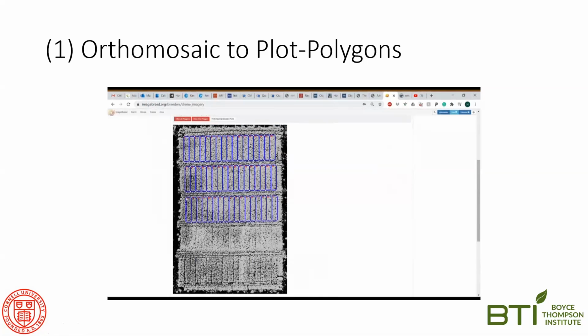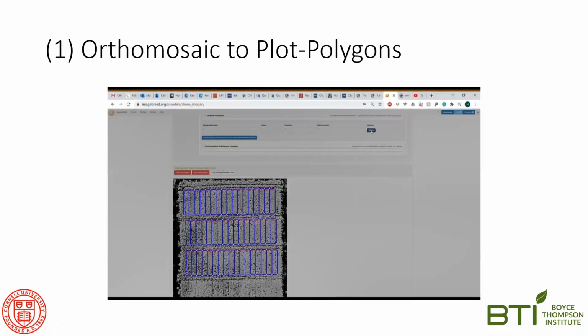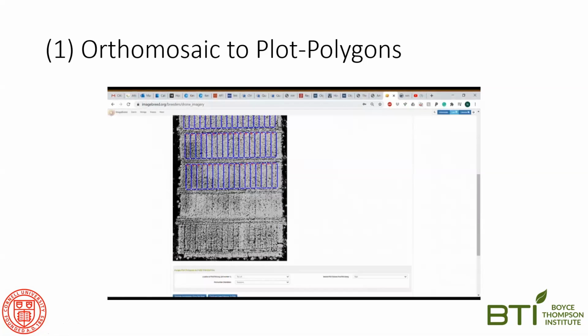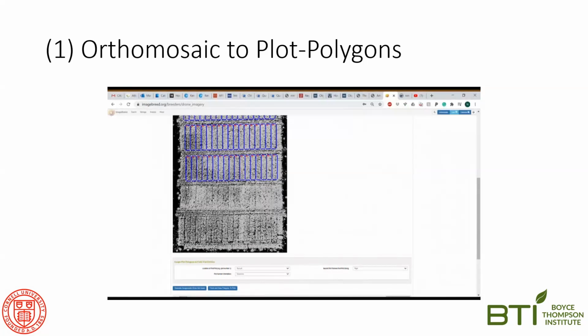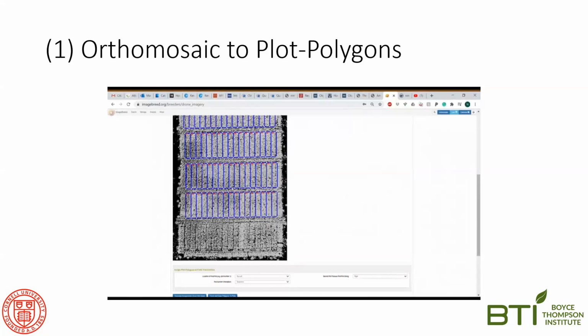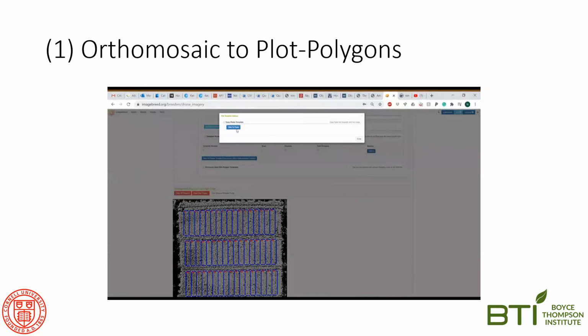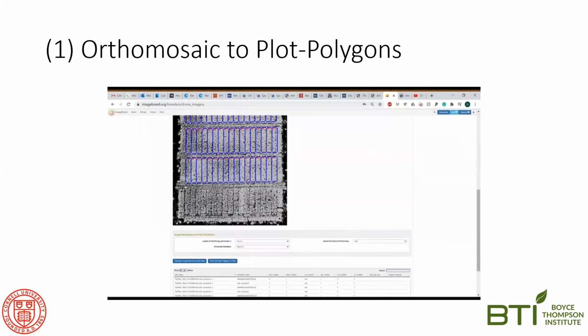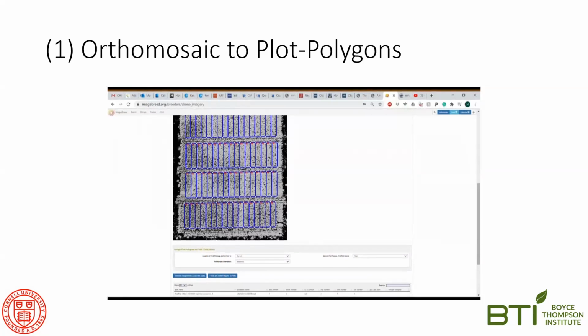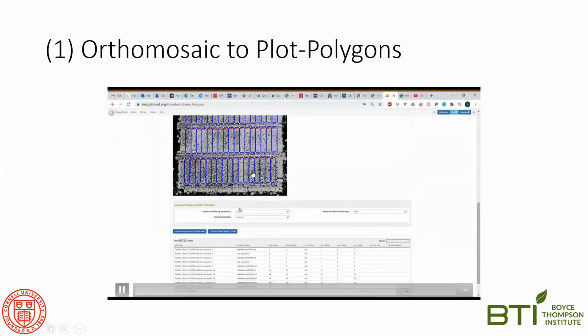Like for maize, this copy pasting isn't really necessary since it's GPS planted, and so you can just click the 4 boundaries and then say, I had 50 columns or 10 rows, and the template will show perfectly, but this gives some more flexibility for irregularly planted trials. And then once you have the boundaries looking good, you say